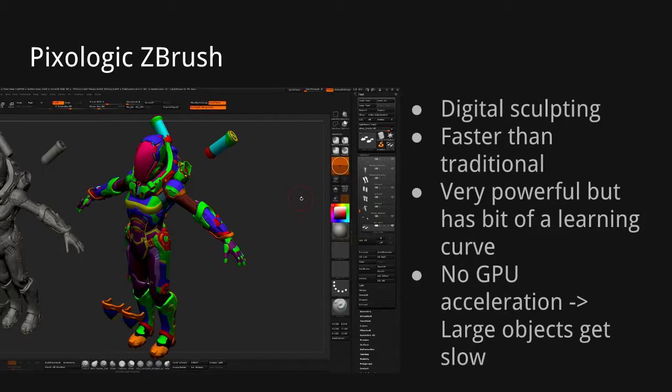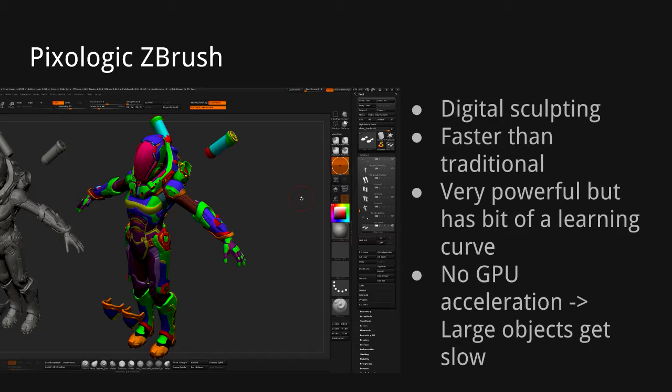Traditionally, people have used modeling software for creating 3D models, but these days it might be more beneficial to use digital sculpting tools like ZBrush. Our character artist used ZBrush to create all of our characters, and in his opinion, digital sculpting is way faster than traditional modeling. ZBrush is very, very powerful. You can do almost anything you want, but it has a bit of a learning curve. There are some easier sculpting tools available, but they are not as powerful as ZBrush. But they might be free, so if you are looking into getting into 3D art, I recommend going to sculpting,